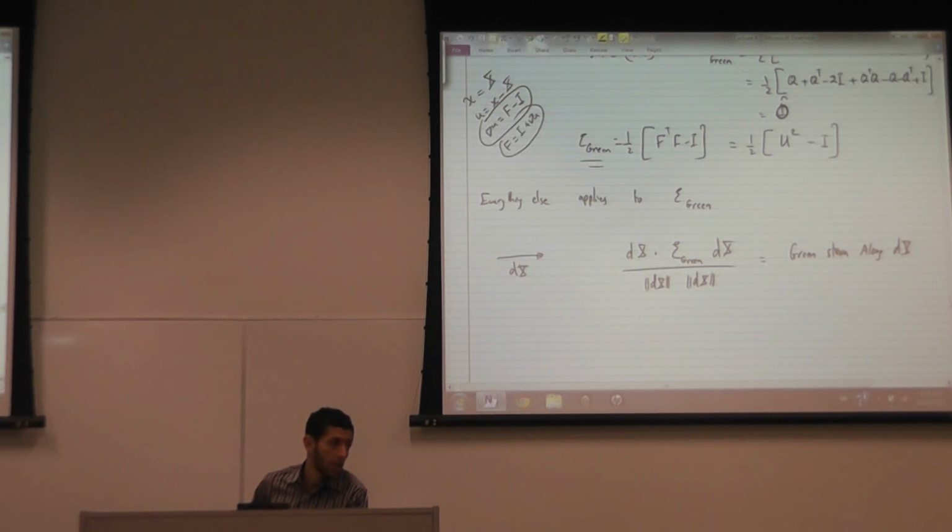The previous matrix gave me the engineering strain along dx. This gives me the green strain along dx, which is equal to half (L squared minus L naught squared) divided by L naught squared. And to see this,